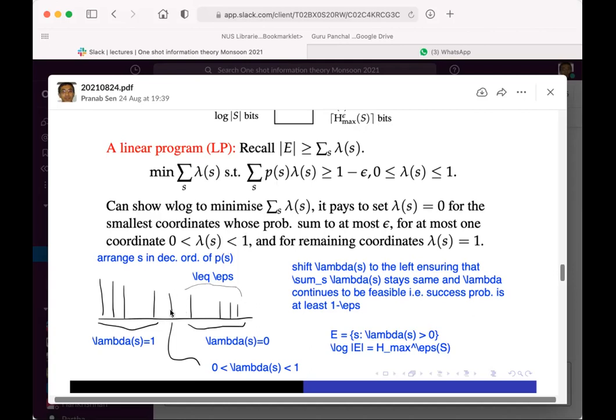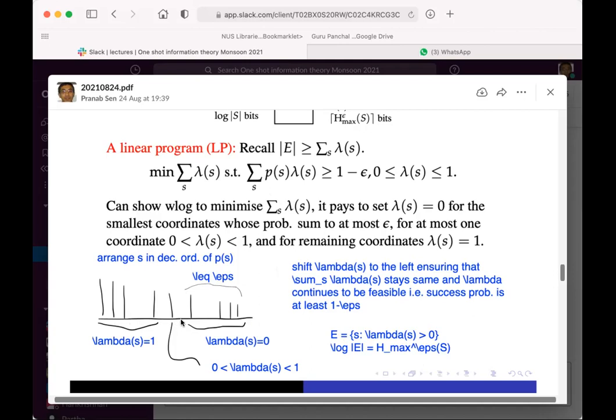Let's call this threshold guy S0. So this quantity would look like summation PS, where S is to the left of S0, plus lambda S0 PS0. But now I upper bound lambda S0 also by 1, and now look at summation S, where S ranges over the left guys, plus summation PS0. So this will be even larger, and this will continue to be larger than 1 minus epsilon, which means the remaining guys have to be less than epsilon. So this is a candidate for my H max epsilon, and that finishes the rest of the argument.